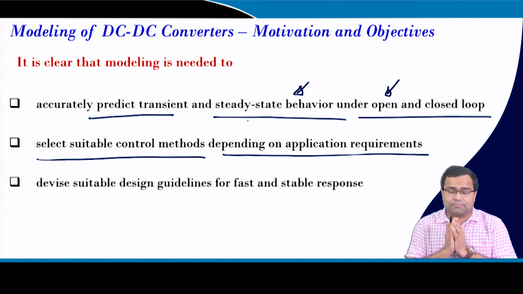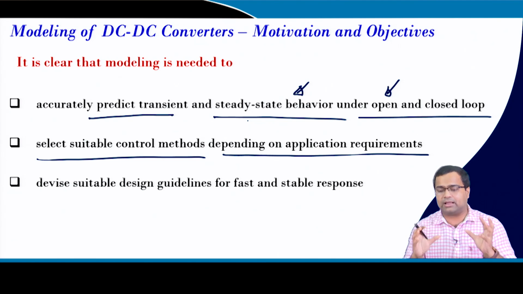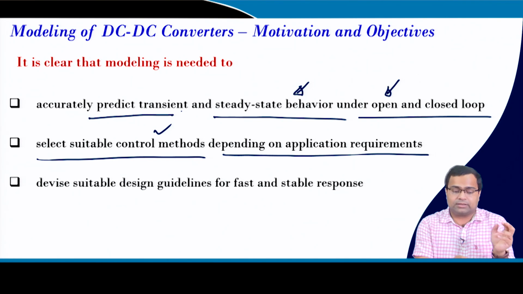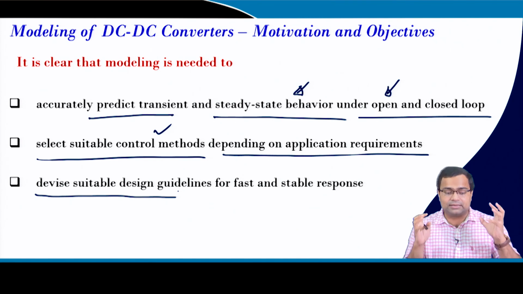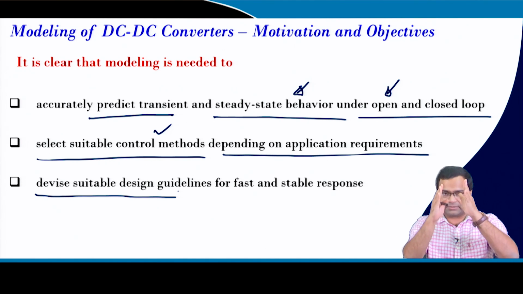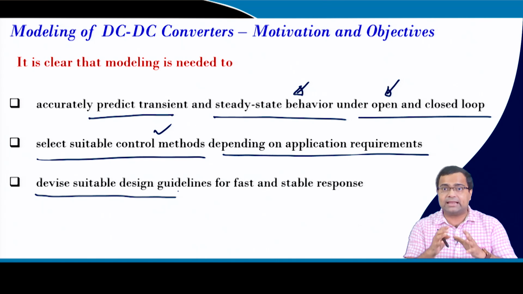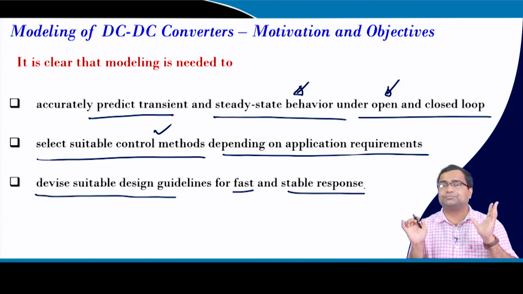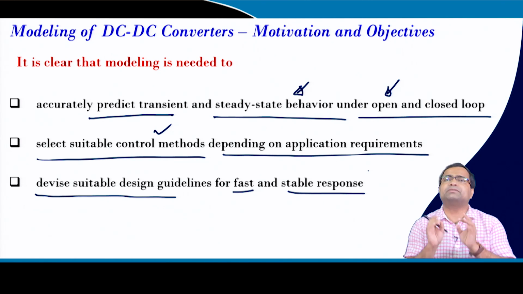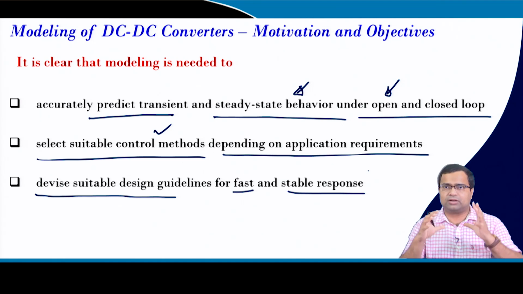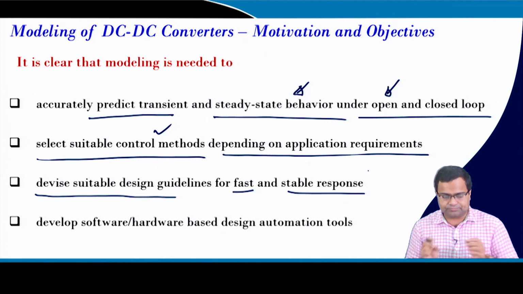The next, third objective is, once we have such a model and once we identify the control method, to devise some suitable design guideline. How can we develop the steps to design the controller in order to achieve fast transient and stable response, which can also ensure subharmonic instability will not happen, and the transient performance should match with your switch simulation and the actual model you obtain.